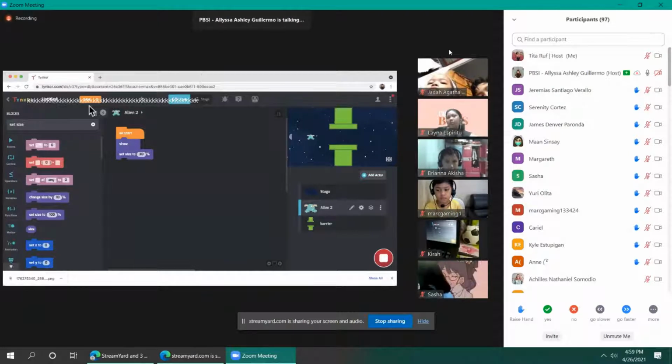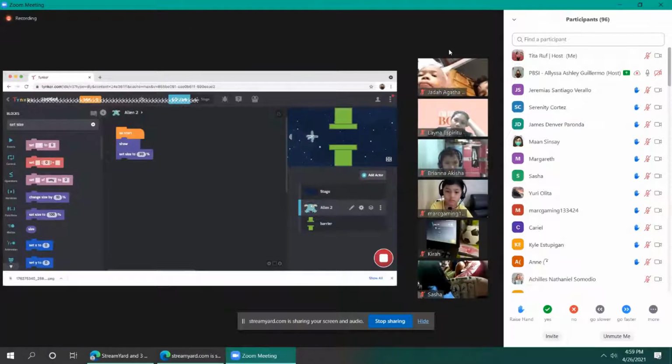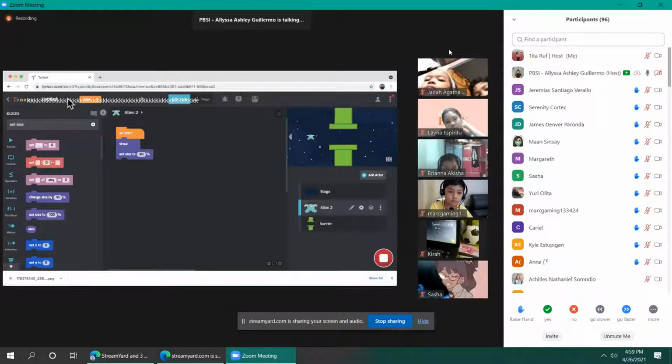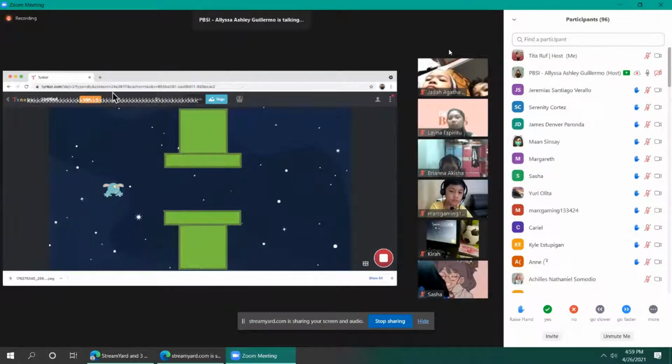So mag-annotate ako for everyone to see it. So magdo-draw tayo. So let me change muna yung stage natin. So this will help us declare the value so that we know kung papunta ba siya, pababa ba siya,